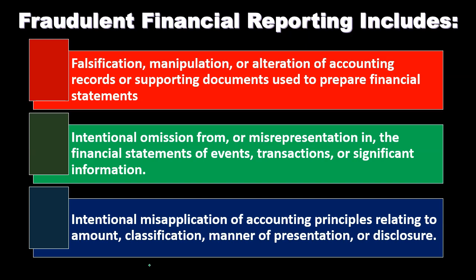A similar process could be done with allowance for doubtful accounts, understating the allowance for doubtful accounts, and then overstating the net accounts receivable. These are types of things that could be done within the manipulation of the accounting using estimates. So anytime you see some type of estimated value of assets, estimated value of liabilities, estimated depreciation, or estimated allowance for doubtful accounts, those are areas where it's possible that management could try to manipulate the data in such a way that it's significant, that it would have an impact on decision makers of the financial statements.